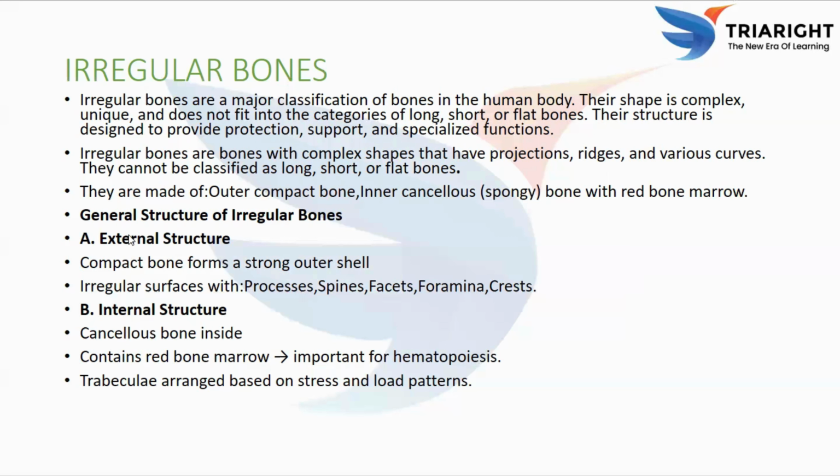So next, coming to the internal structure. The inner area is covered by cancellous bone, nothing but spongy bone. So what does the spongy bone contain? It contains the red bone marrow. This is essential for hematopoiesis, nothing but blood cell formation. The trabeculae inside are arranged according to the stress and load to provide strength. So why are irregular bones important? These are important because they help us with protection. They also help in muscle attachment, weight support and also the passage of nerves and vessels, nothing but